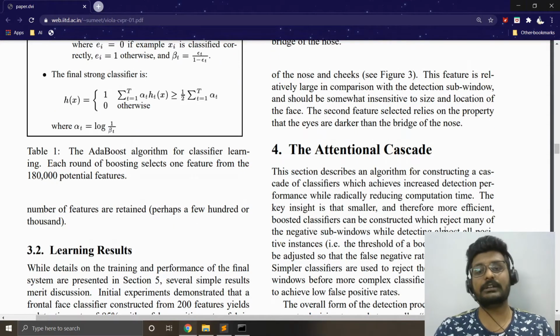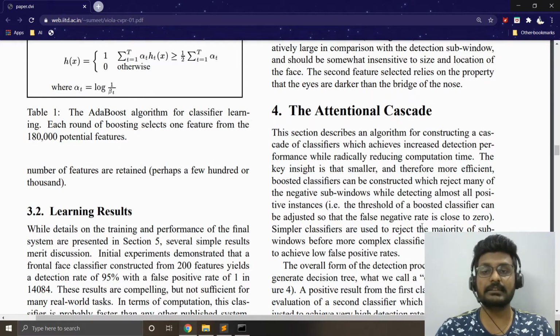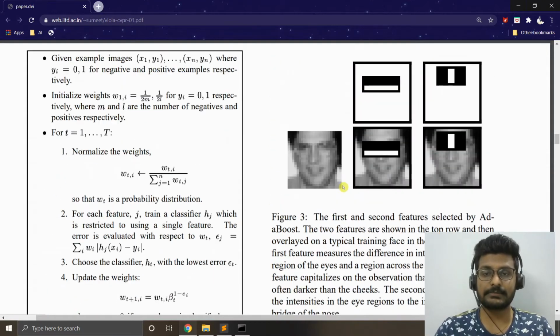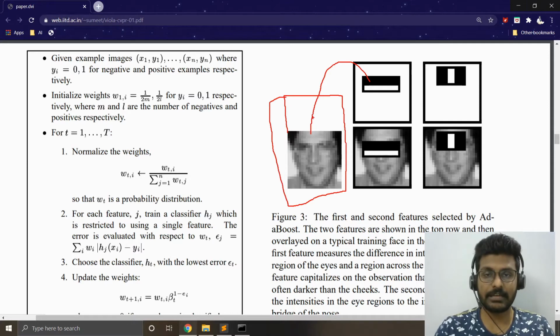And finally, what they've done is they went for this attentional cascade. Let's say I apply a filter onto a face, let us take this particular image. If I apply the filter in this area, obviously this area doesn't contain a face, so I might not get the right number that represents a face for sure.